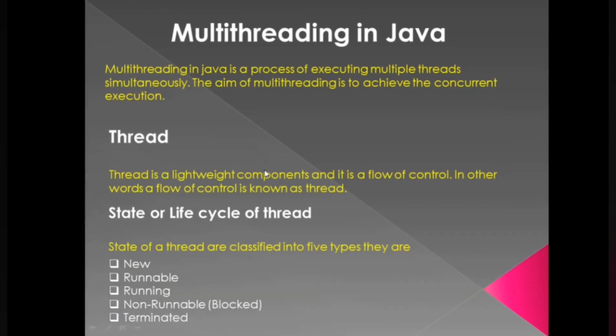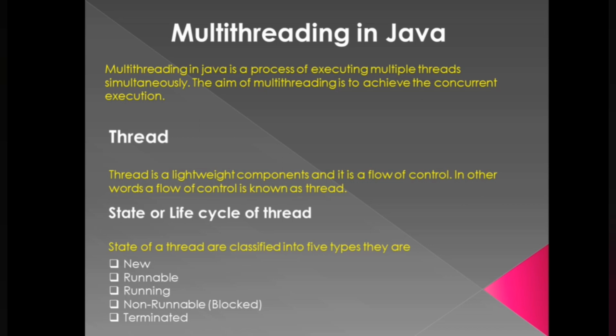Now the first question that arises in your mind is what exactly multi-threading is. So let us understand that multi-threading in Java is a process of executing multiple threads simultaneously. The aim of multi-threading is to achieve concurrent execution. So let's discuss the thread